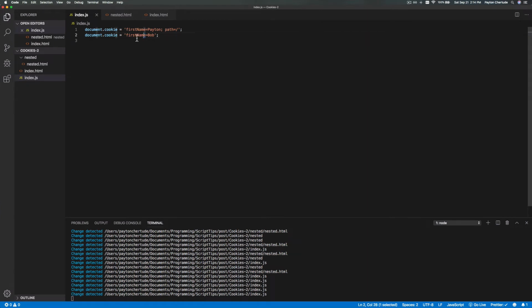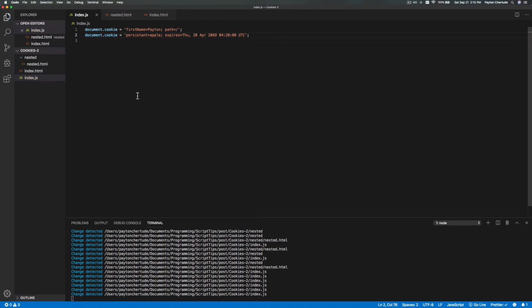So what we're going to do here is create another one called, let's just say persistent, like that. We'll set it to Apple. And then we need to set an expires date, which is what makes it different from a session cookie. So we'll set expires, and we'll just pick some random date. It's just a date string, so like Thursday, the 20th of April, somewhere out in the future, 2069, I guess. It's pretty far out, and we'll set it to just some random time. So if we save this